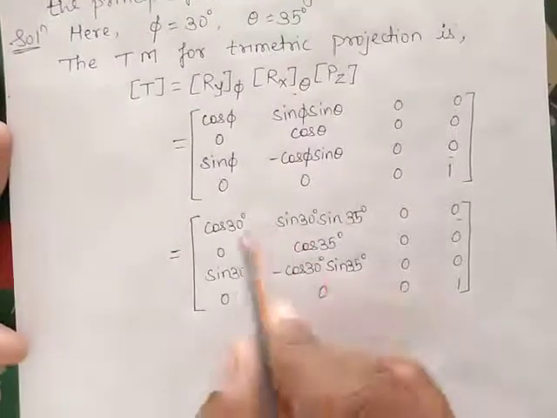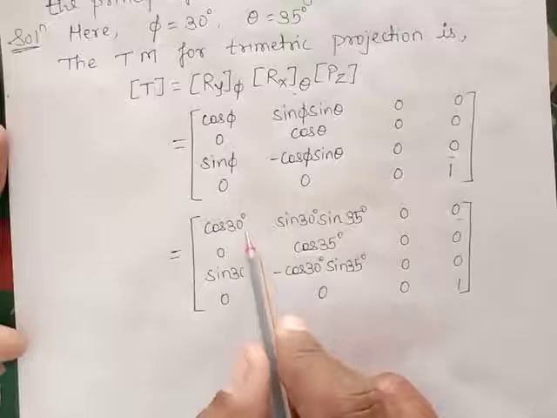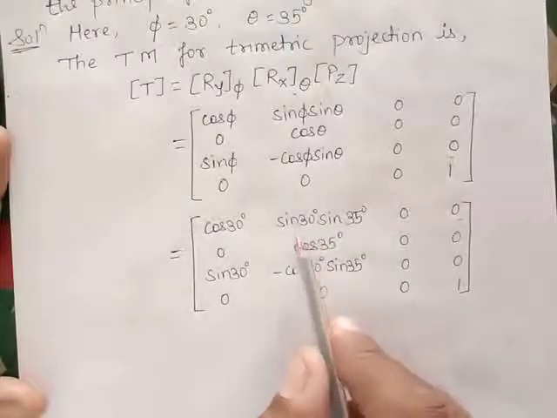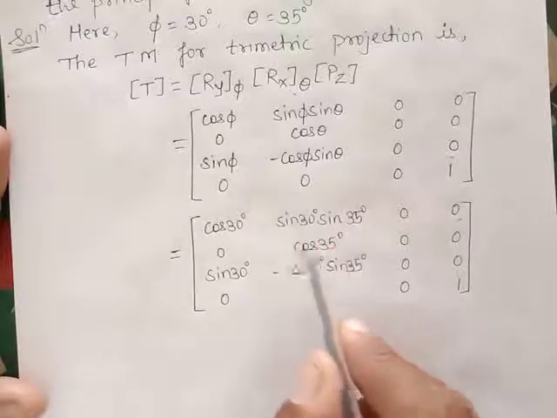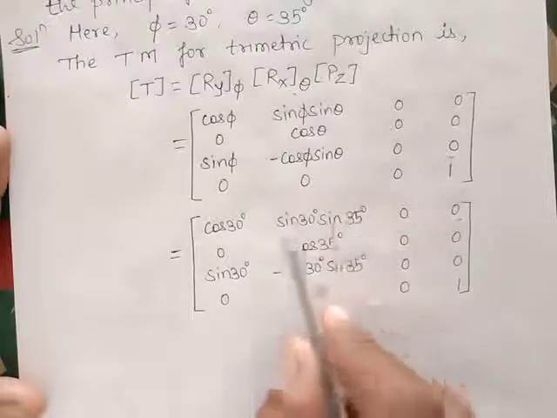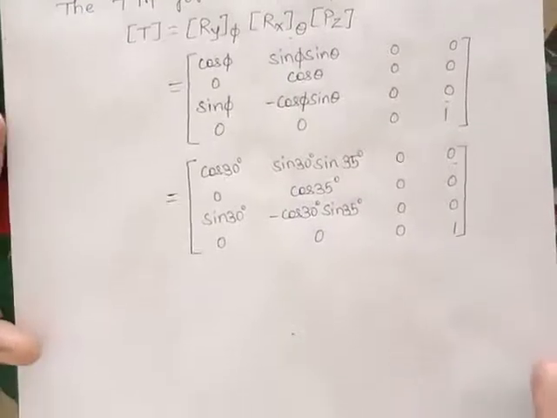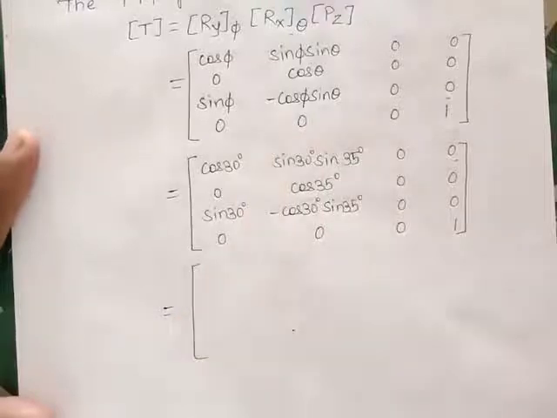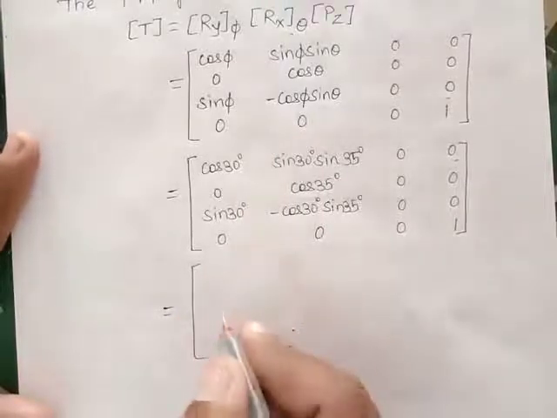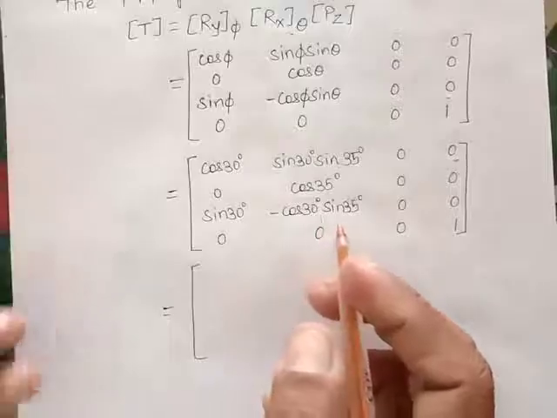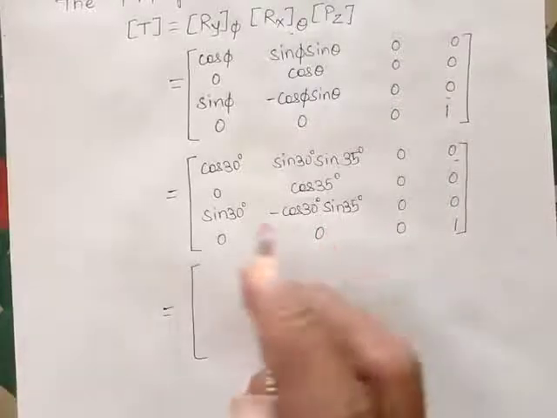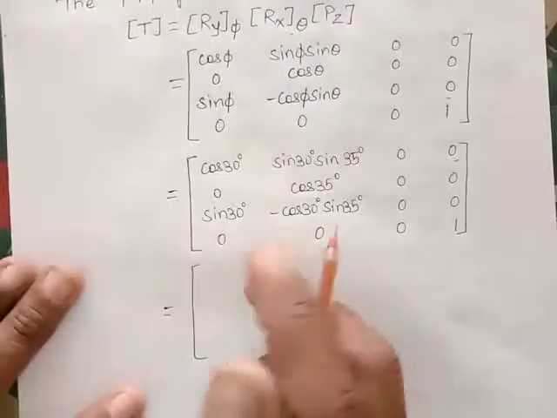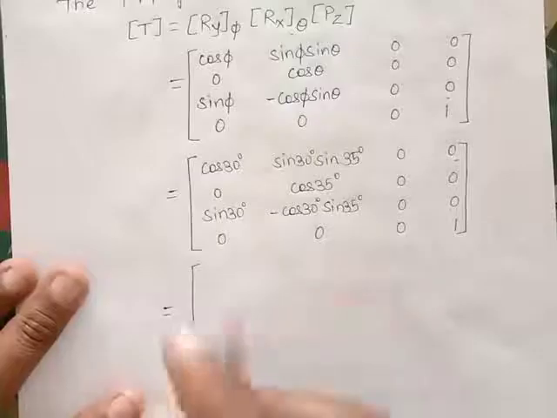Now I will put these values directly because I have found them. Also, the product of these values I will put directly. You can, if you want, verify on your own by finding these values and then take a product of them. Okay, that is a very simple part that you can do on your own if you have to verify, or for practice purpose, because this is just one example. In other examples phi and theta may be changed, so you should be habitual for that, right?